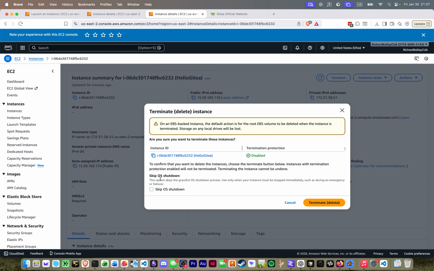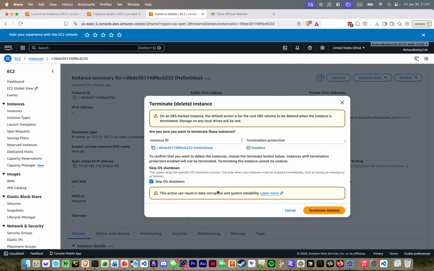And it's going to ask me, do you want to do this? You're going to lose stuff. Be careful. You can also skip the OS shutdown, which is going to just expedite the termination. Now, if you were on a system where you really cared about data, you wouldn't want to do this. You would want to shut down gracefully and properly. We're not interested in being graceful at this moment. And so we get a warning. This can result in data corruption and system instability, but this instance is going away. It's going to die and never come back. And so I'm going to click terminate, delete instance,